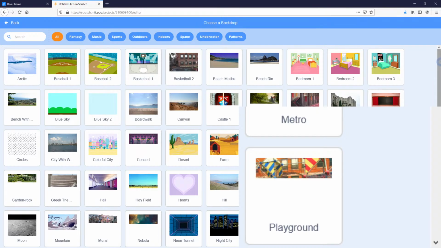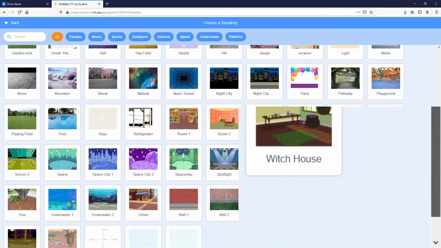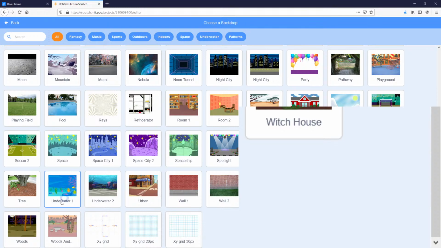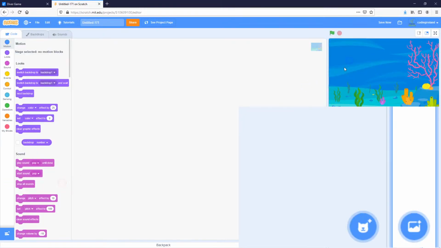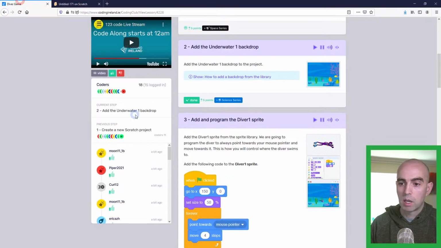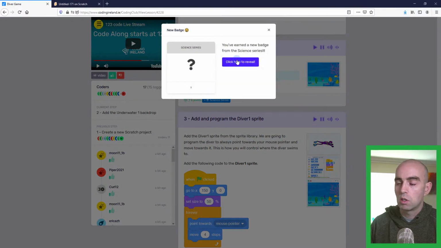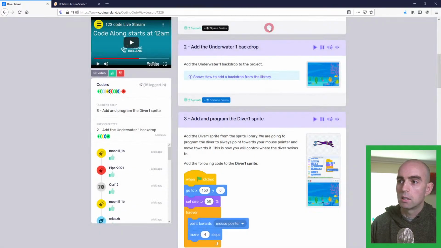The one we want is the underwater one. You'll need to scroll down a little bit and it's this underwater one here. You just click it once, it adds it into your stage area and then you can come back and mark that step as done. So if you want to go ahead and do that now, switch to your Scratch tab and choose a backdrop from the backdrop library, find the underwater 1 backdrop,